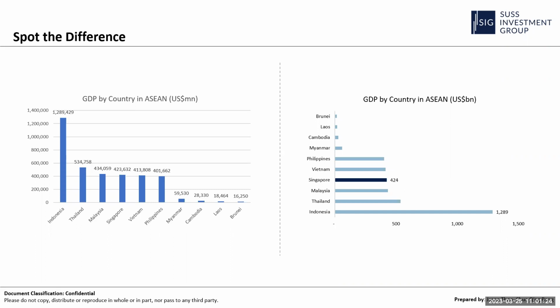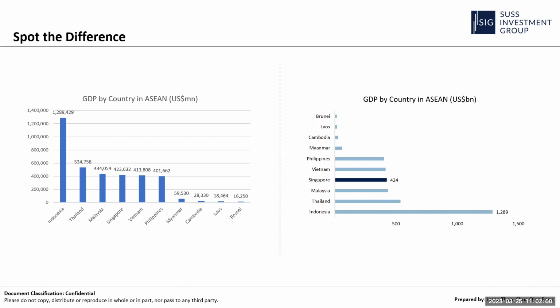So basically what I'm trying to show, the underlying message, is that Singapore is basically fourth in ASEAN in terms of GDP. And then Indonesia is basically the leader in the ASEAN region in terms of GDP output. So basically what I've changed is firstly the chart type and the color scheme. And then in terms of color, what you can do is to highlight what you're trying to showcase. So for example, you're trying to highlight Singapore, so you change Singapore to a different color. So straight away you can tell that, oh, this is a different color, so they'll pay more attention to this particular